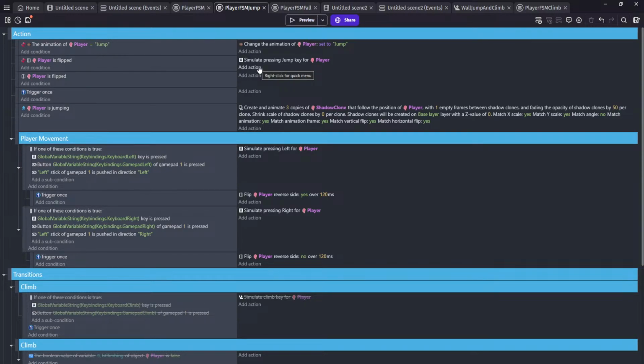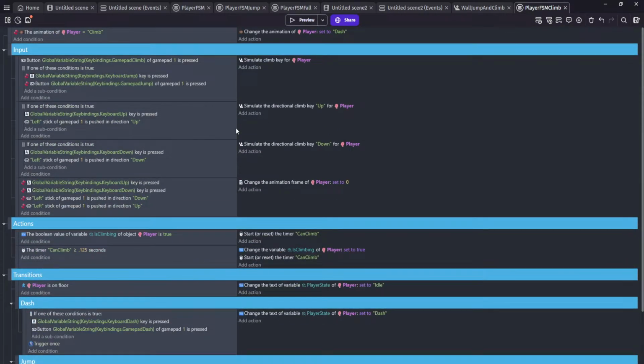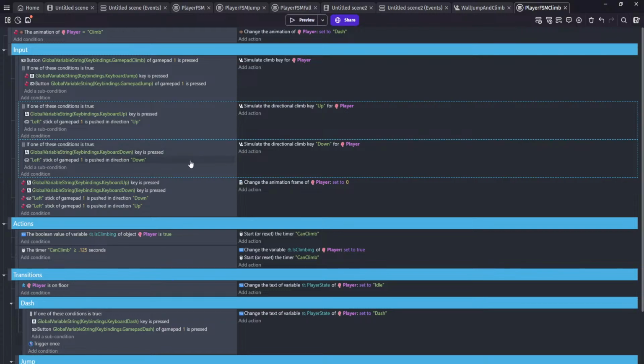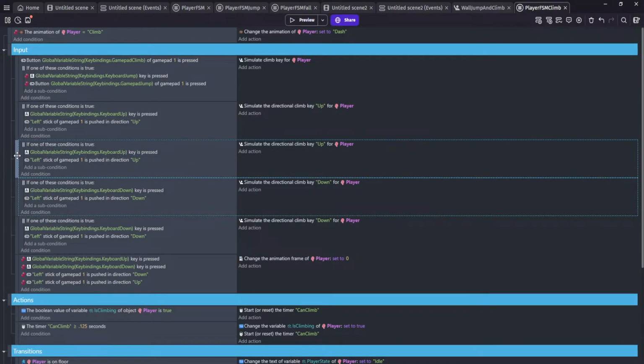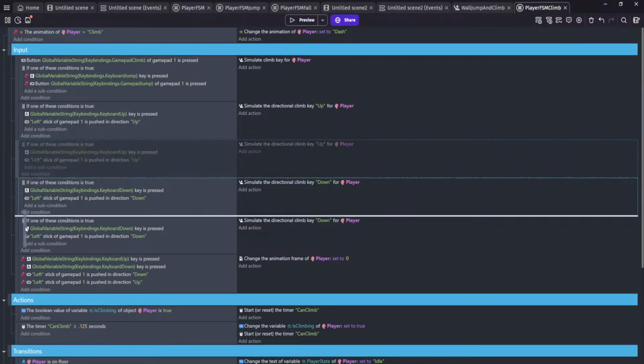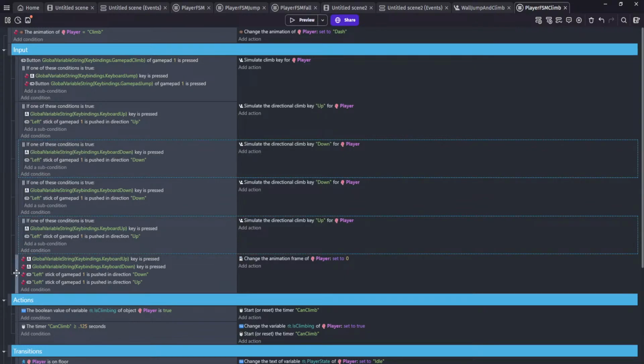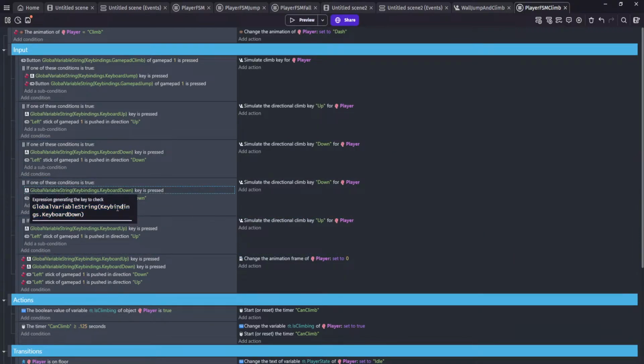So I'm thinking that if we are climbing and we press left or right, rather than up and down, we're going to add a left and right. So let's do this. If we're going to move it down, if the frame is, we'll go left first. So left is pressed. We're going to simulate